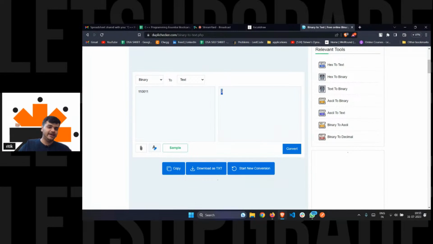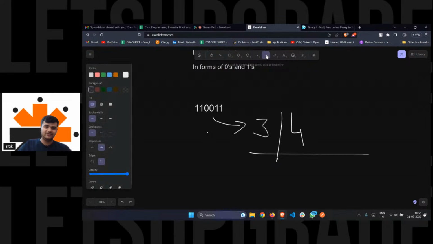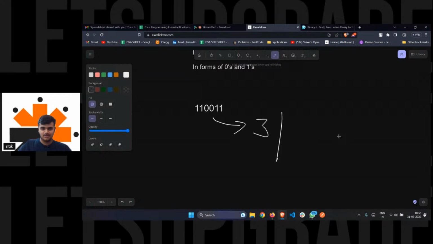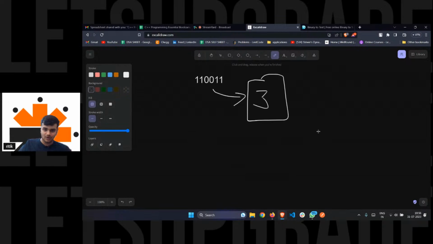So here it is. It literally means 3. This whole number is equal to 3. Were you even close to your answer? You did not know, right? So this is how machines understand. We as humans cannot understand machine level language, obviously.